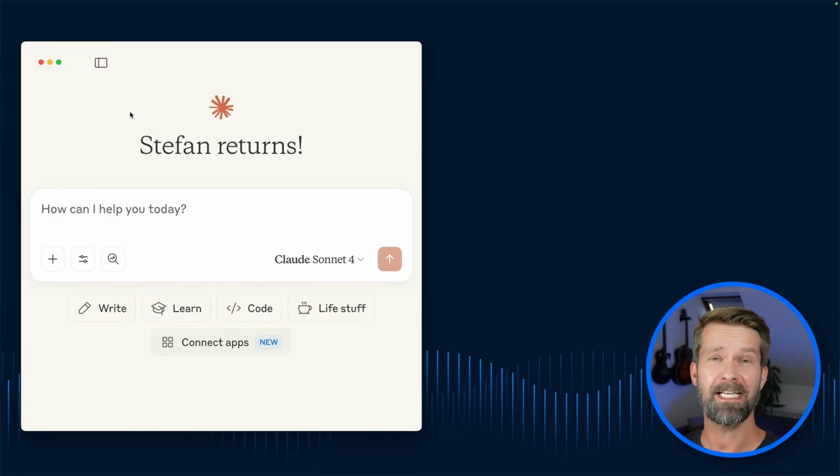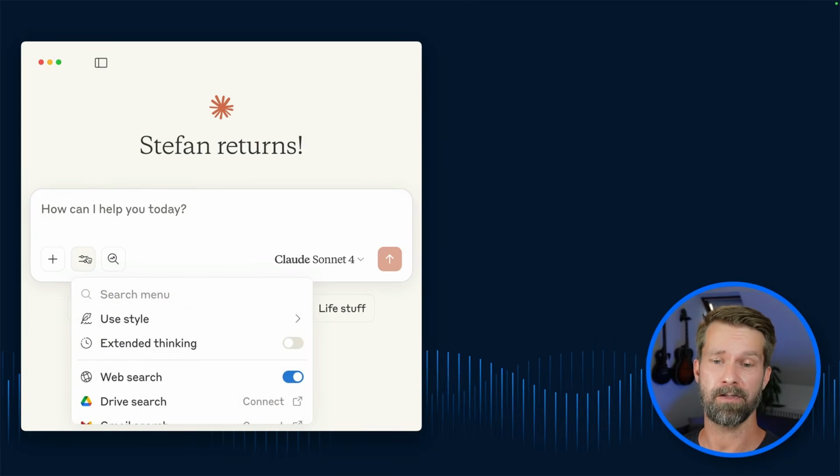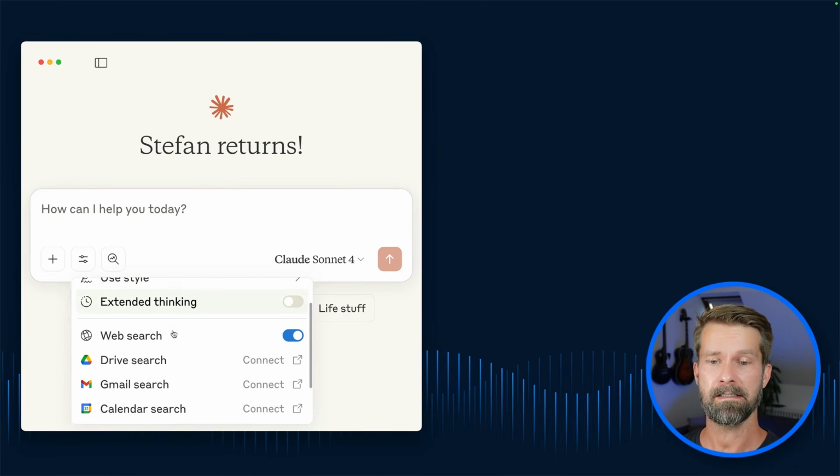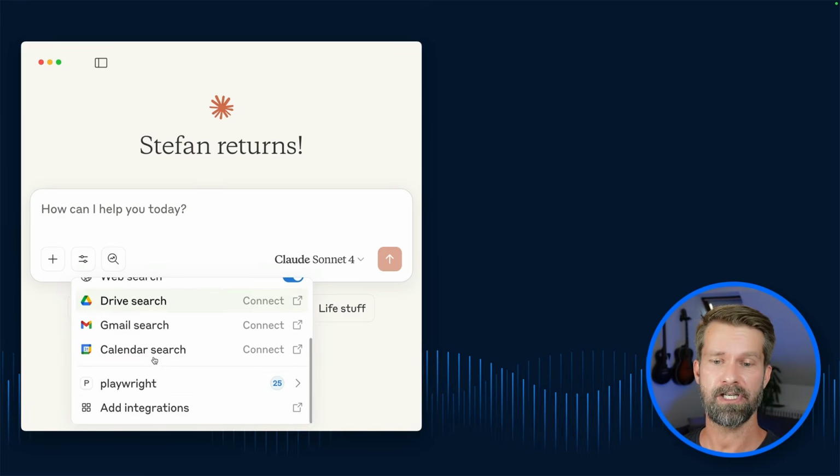But before we generate some Playwright tests, let me show you what you can do with the Playwright MCP server. Here we have Claude Desktop, which greets me with Stefan returns, and Claude Desktop allows us to integrate custom MCP servers. So when we click here on this little search and tools icon, we can see that we could now integrate with Search, Gmail, but I also set up the Playwright MCP server already. And if you wonder how to do that, the GitHub repository, which I will link in the description below, will